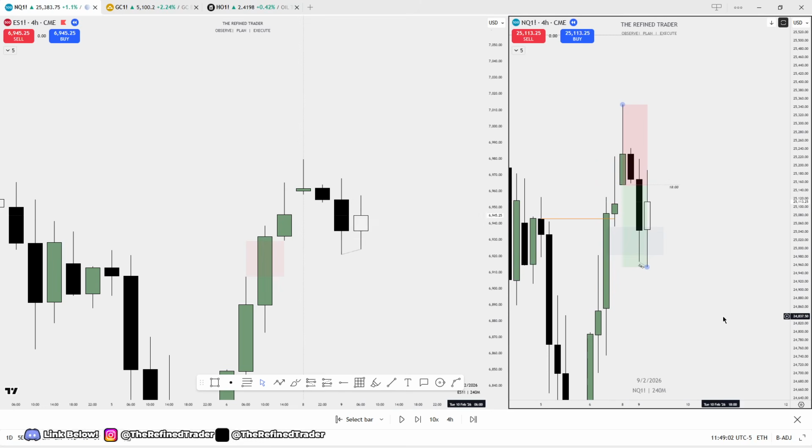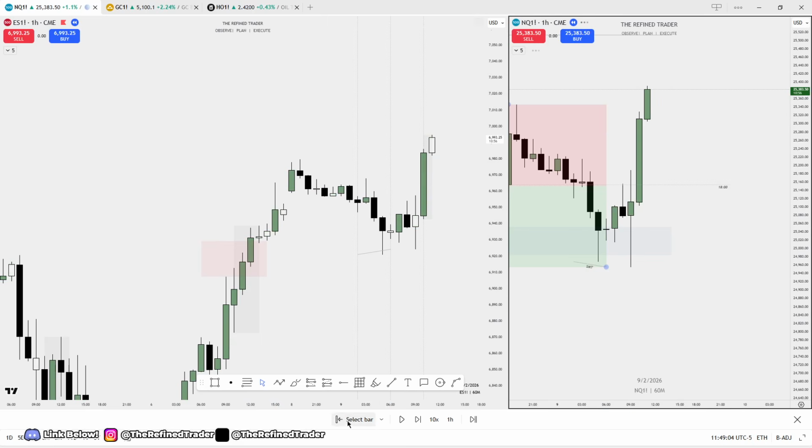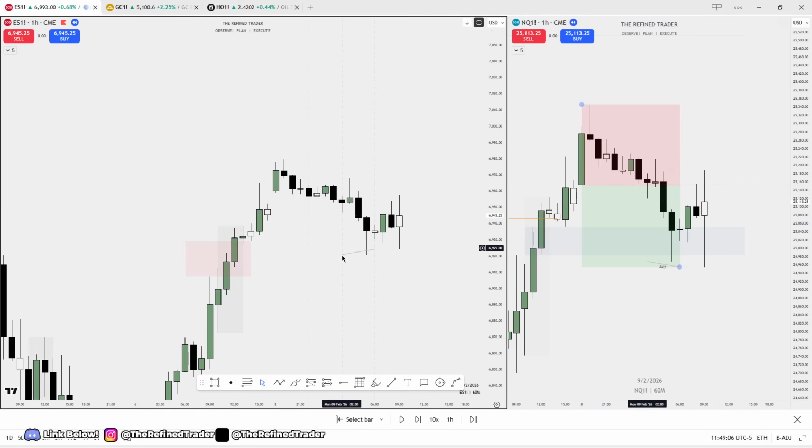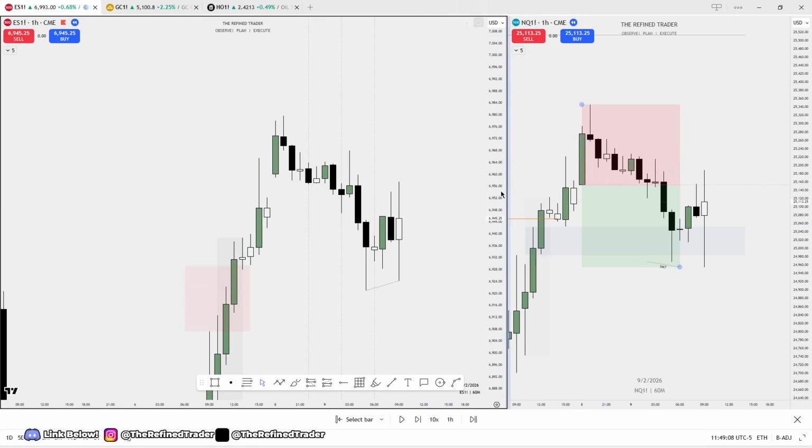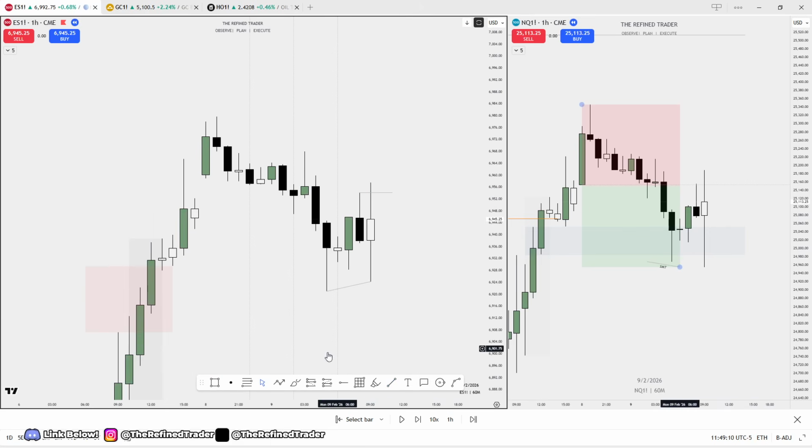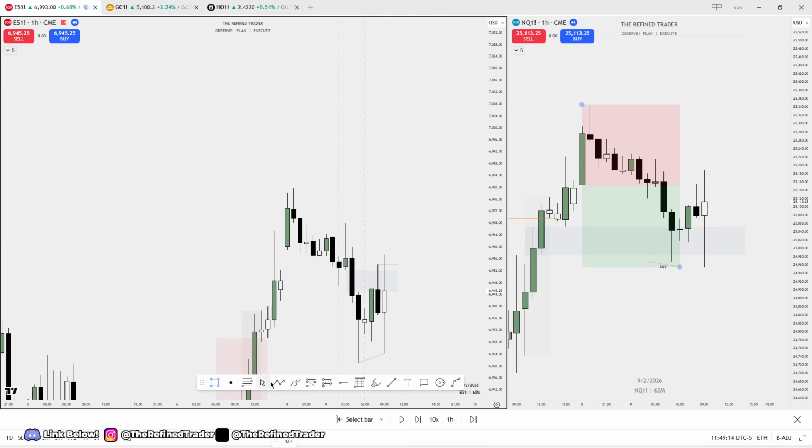So dropping down to the hourly, what we can see is from the get-go, I'm just going to go ahead and cut price from here. We traded above a relevant swing, also within a gap. And what do you guys know? If we're within a gap, if we have price expanded lower, right? And we have a gap,